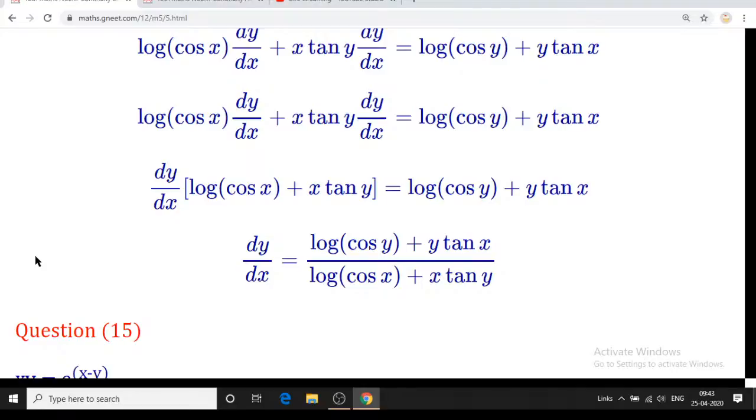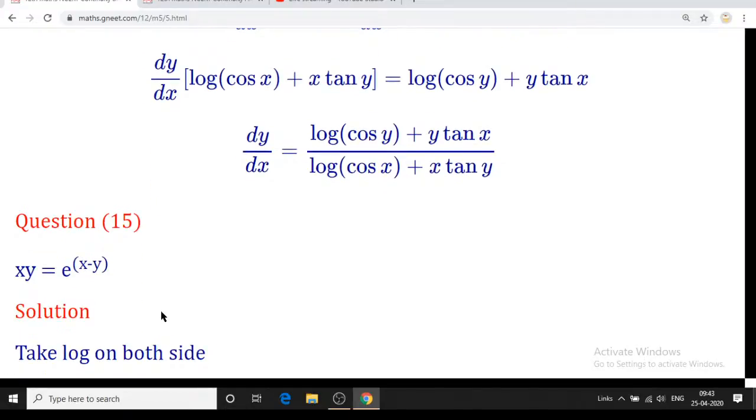I have not planned tomorrow, because tomorrow I am not going to take 5.5 and 5.7. Yesterday we completed 5.6. So tomorrow's lecture will depend upon 5.8, that is the mean value theorem, Rolle's theorem, and Miscellaneous Exercise 5. But if you have doubts, first we will clear the doubts of the previous exercises, and then I will go to the next. Otherwise, according to my planning, I am going to solve the questions.